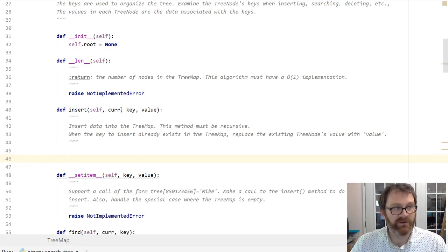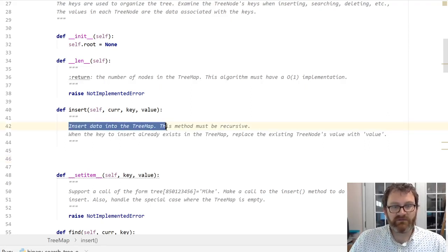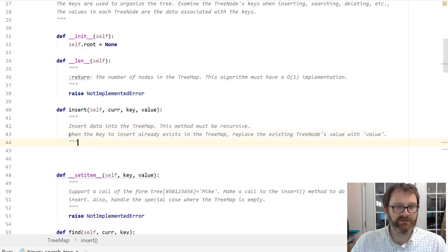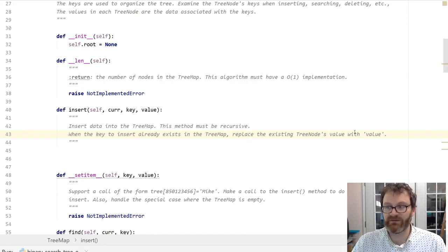All right, so let's write the insert code. To do that, we're going to take our algorithm that we wrote and modify it just slightly. So the insert method is going to insert data into the tree map, and we're going to do it recursively. The other thing that we have to worry about, now we're going to change it up just a little bit because we're dealing with a map, or a dictionary. When the key to insert already exists in the tree map, replace the tree node's value with the new value,